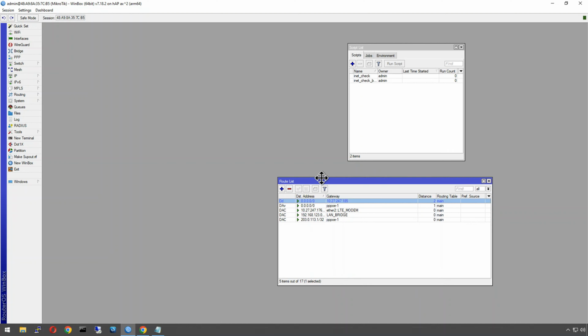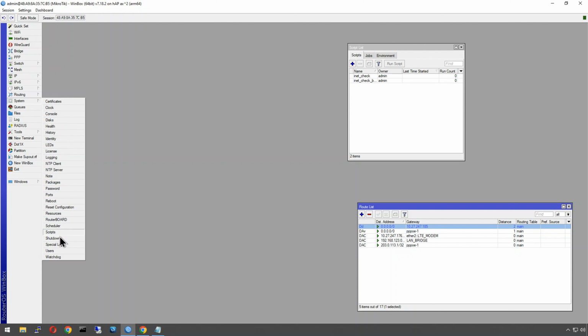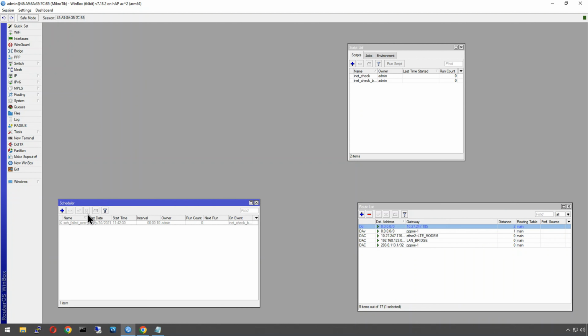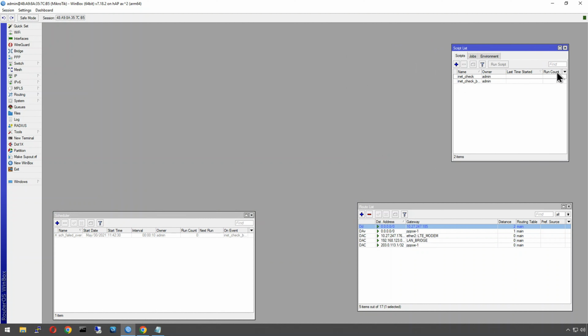Okay, so we've got our schedulers. Actually, I'm going to keep some of these windows open for when we do our testing, because then we can see what's being turned off and on. Schedulers are there. Like I mentioned, scripts don't actually, you can see the run count, but they won't go up and down, they'll always stay on. Now, last thing we do is our